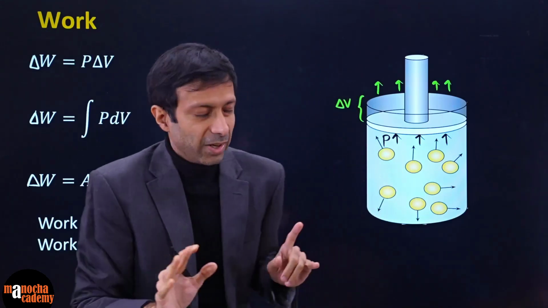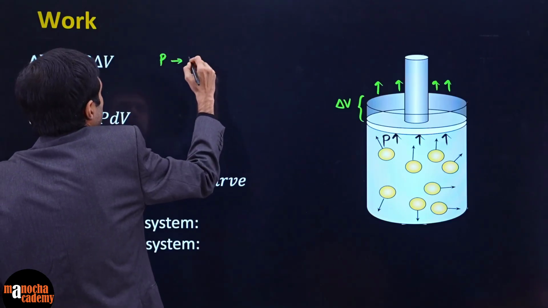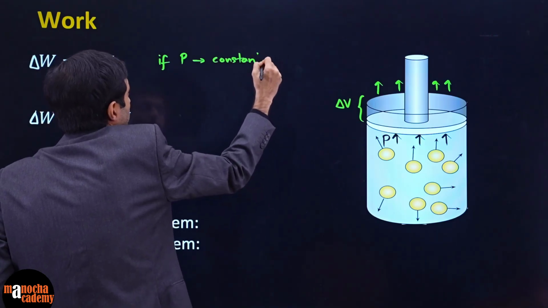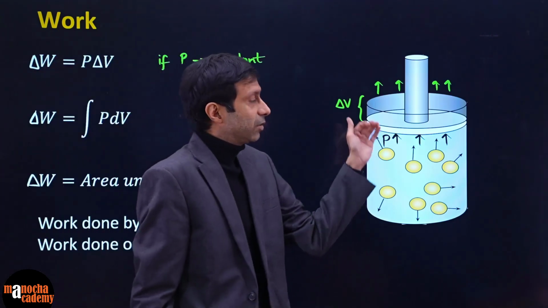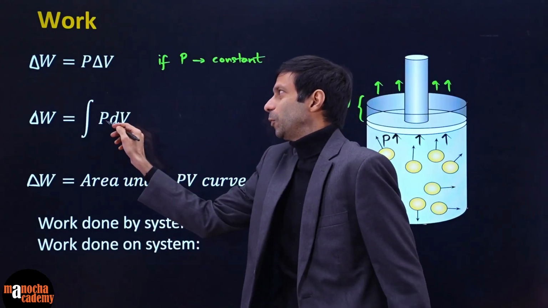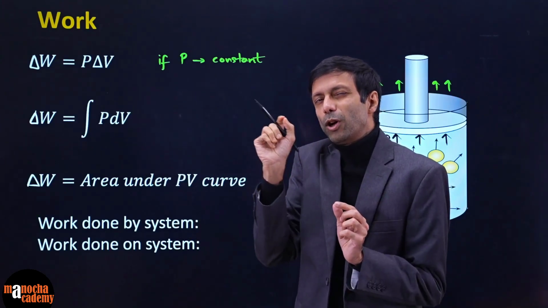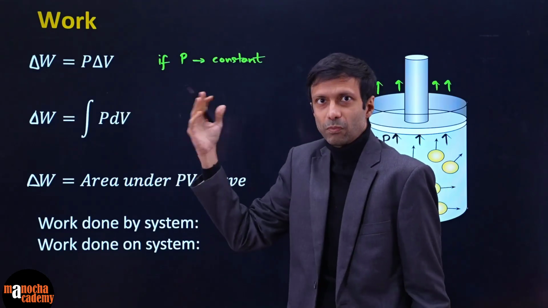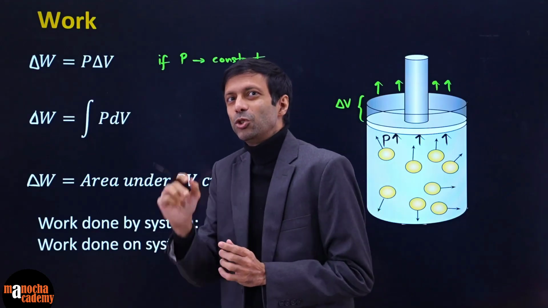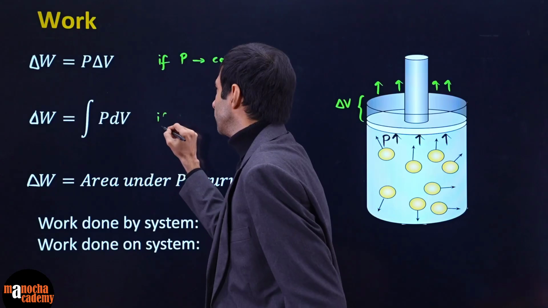This is an important thing, right? So you can apply this formula only if pressure is constant. But you may ask, what if the pressure changes? If it's variable, then back to your integration stuff. We'll integrate P dV, where P is the instantaneous pressure and dV is the small change in volume. So here the pressure could be changing, and you have to do the boring integration. You have to calculate all the dWs and then integrate. So this is if pressure is variable.